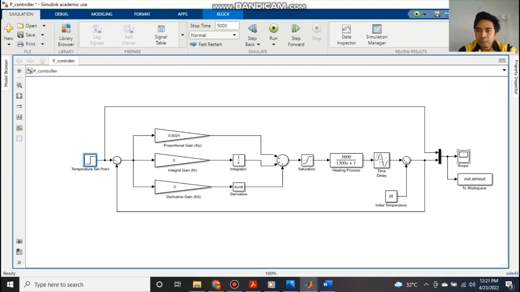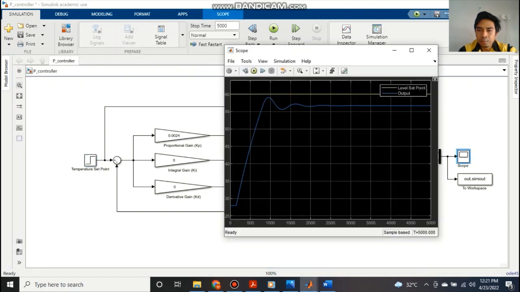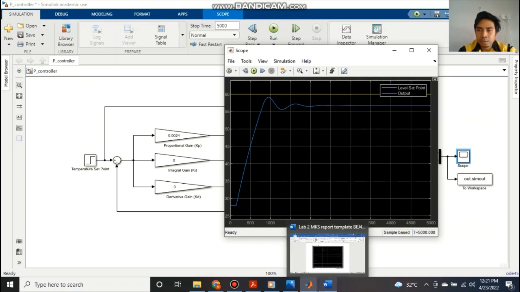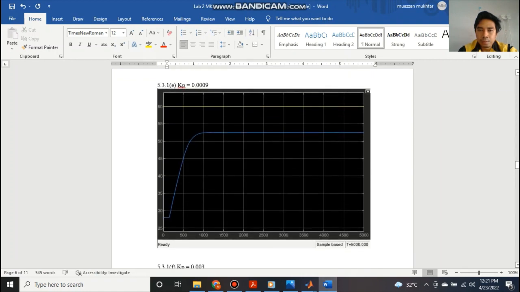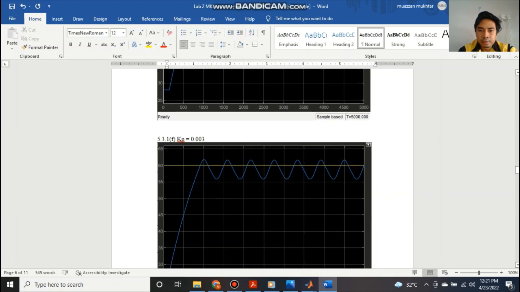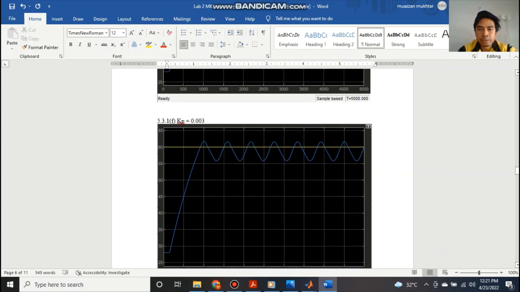When we run, we get the output at the scope, and the yellow is the set point and the blue is the output. We also use different values for the proportional gain, 0.0009 and 0.003. Based on the result, the primary function of the P controller is